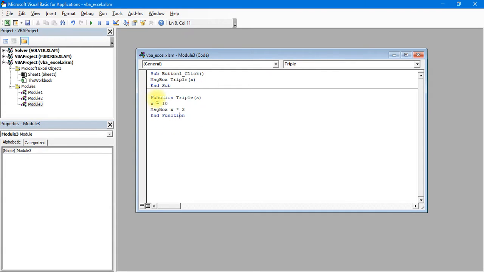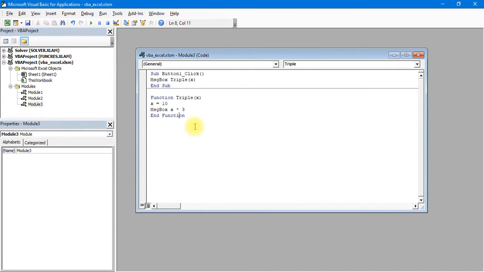We wrote a function triple x, and what did we do? We created a sub. We will discuss what a sub is. I will tell you the difference between a sub and a function. As you can see, it looks similar, only there is a difference between the function name and the sub name.